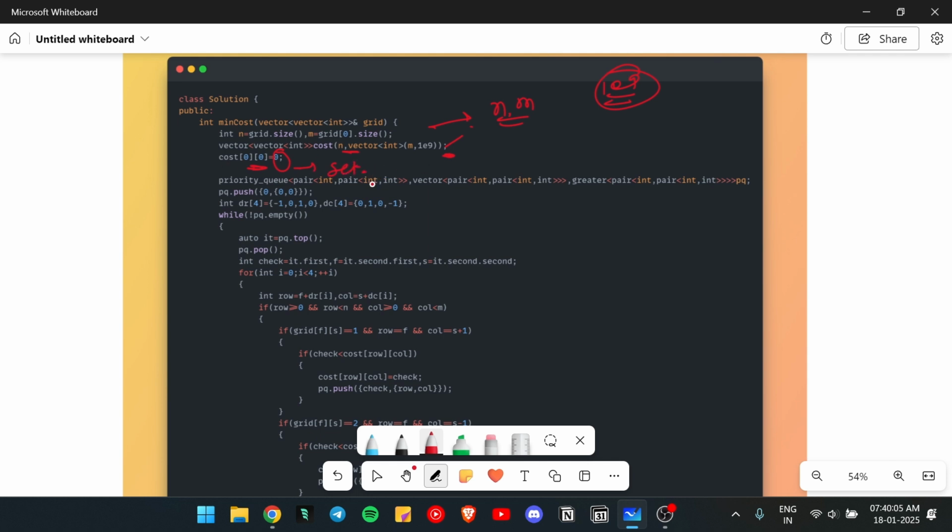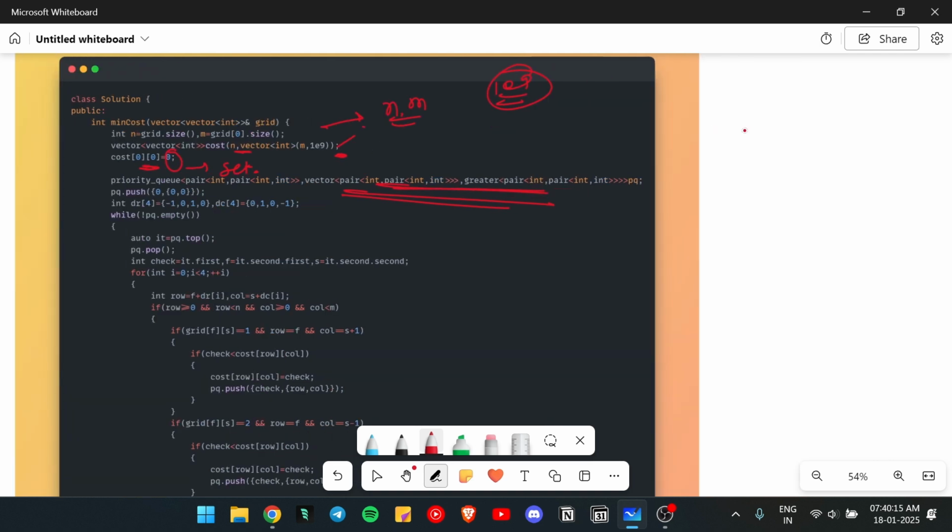We have to set their values, and after this now we have to create a min heap. This is our min heap for priority queue. This is our STL in C++. So we have to create a min heap, and a min heap of priority queue to process the cells with their lowest cost first,